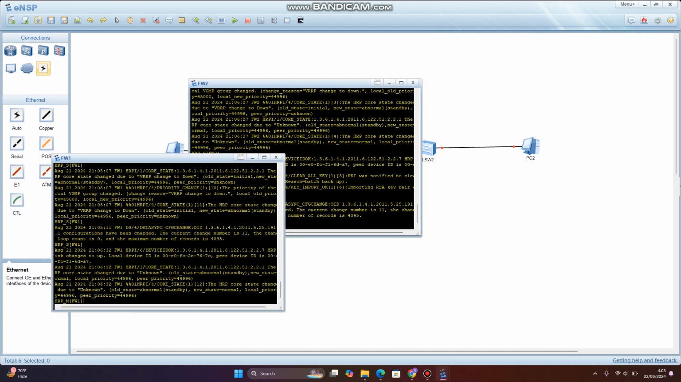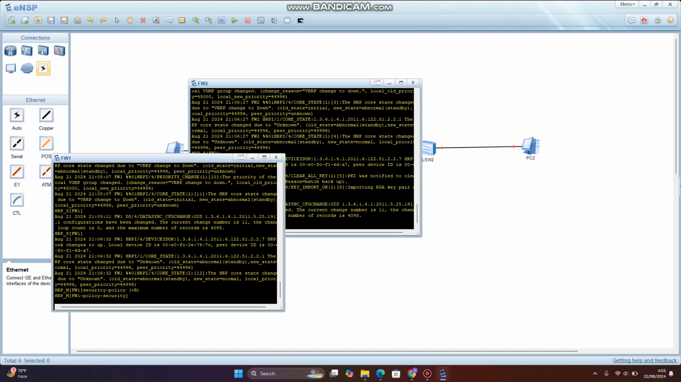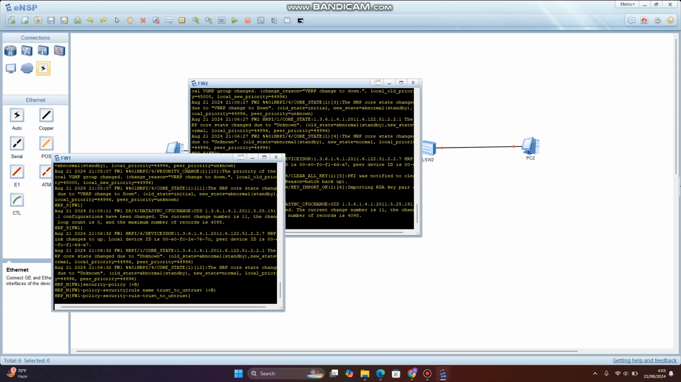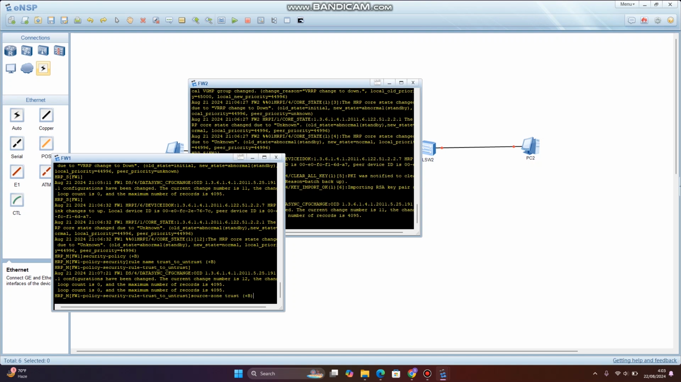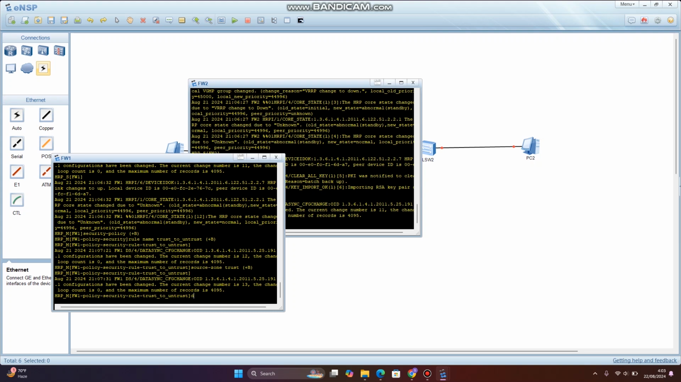Okay, so in firewall 1, we are going to add security policy, and then here rule name trust to untrust. Make sure there's no typo. Source zone trust. Okay, great. And then we're gonna do